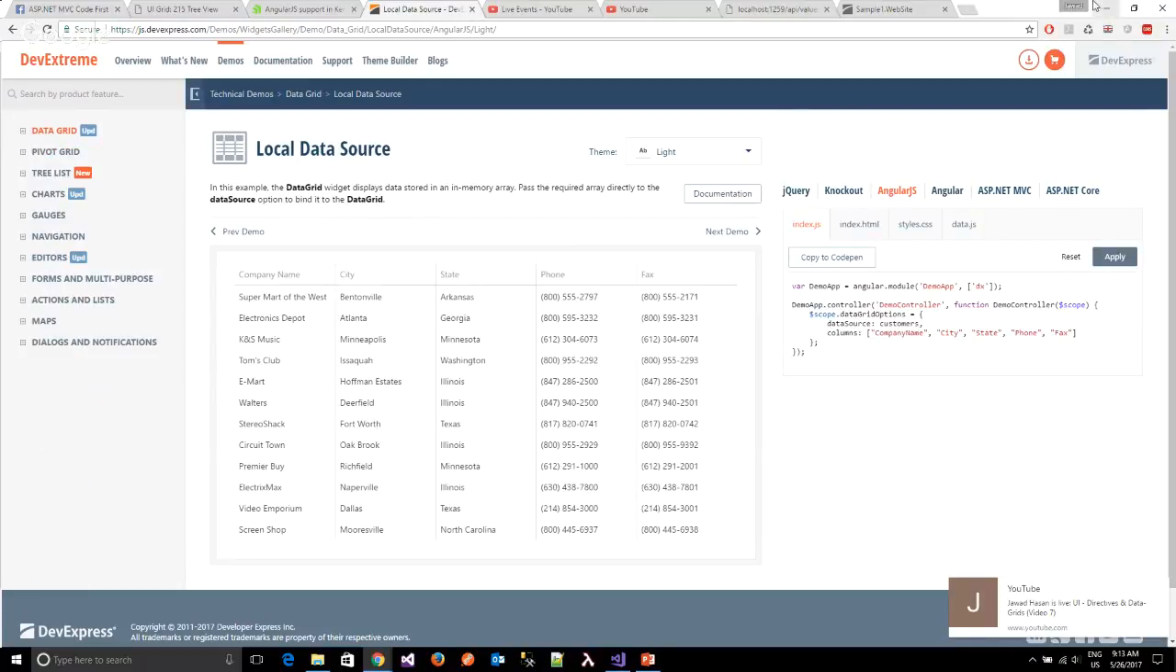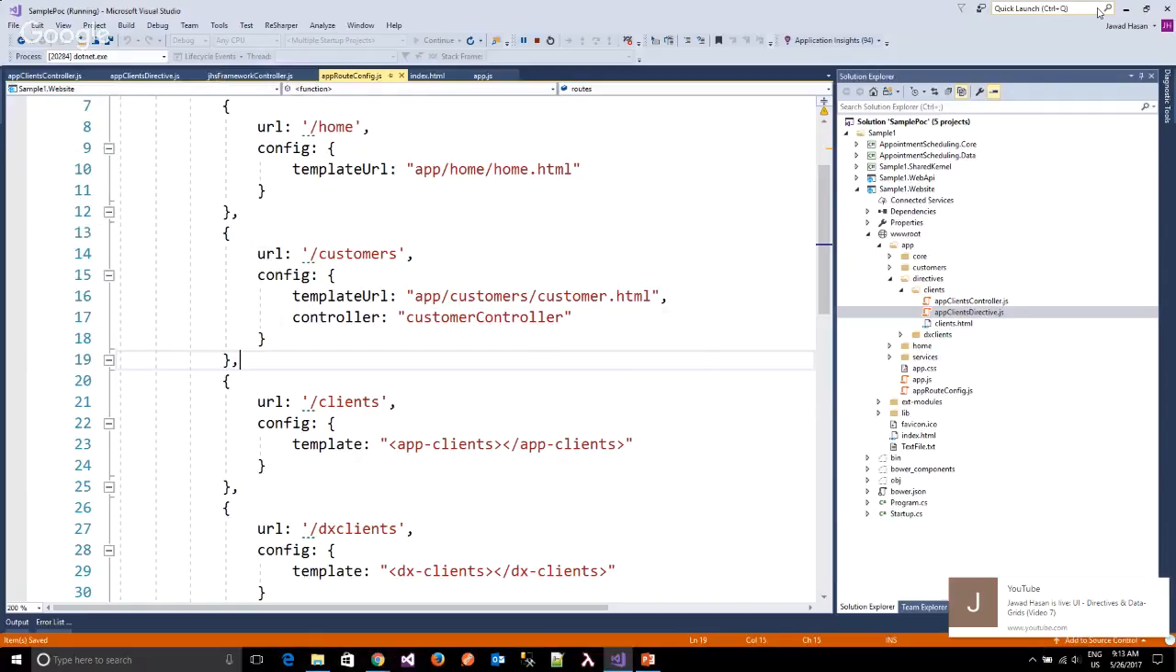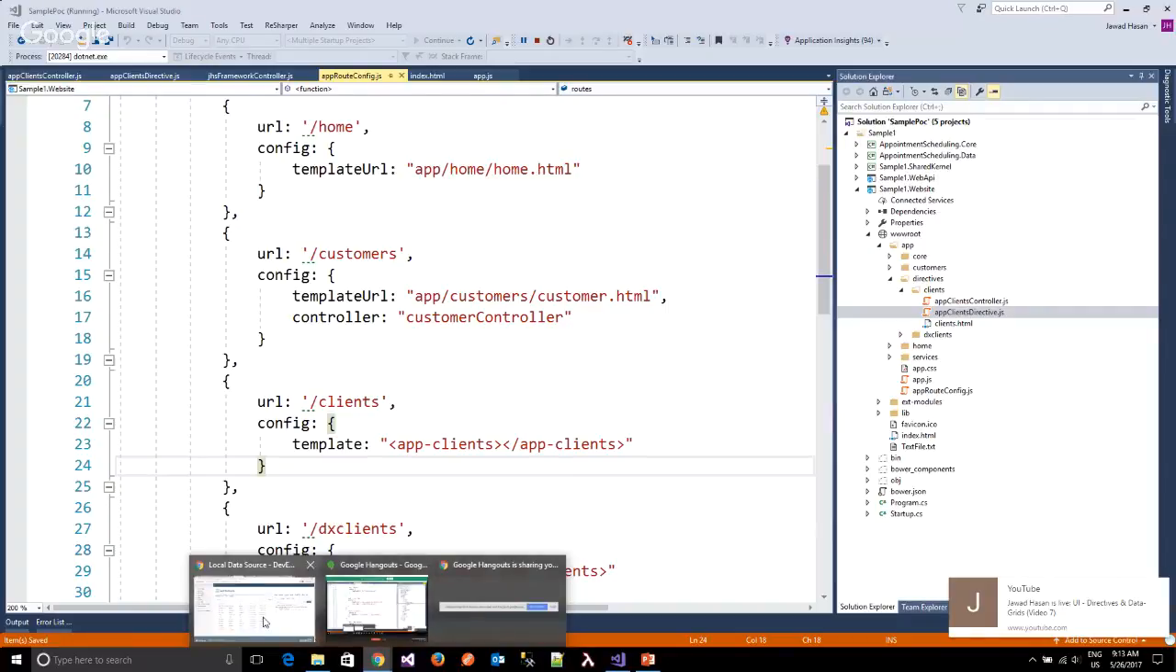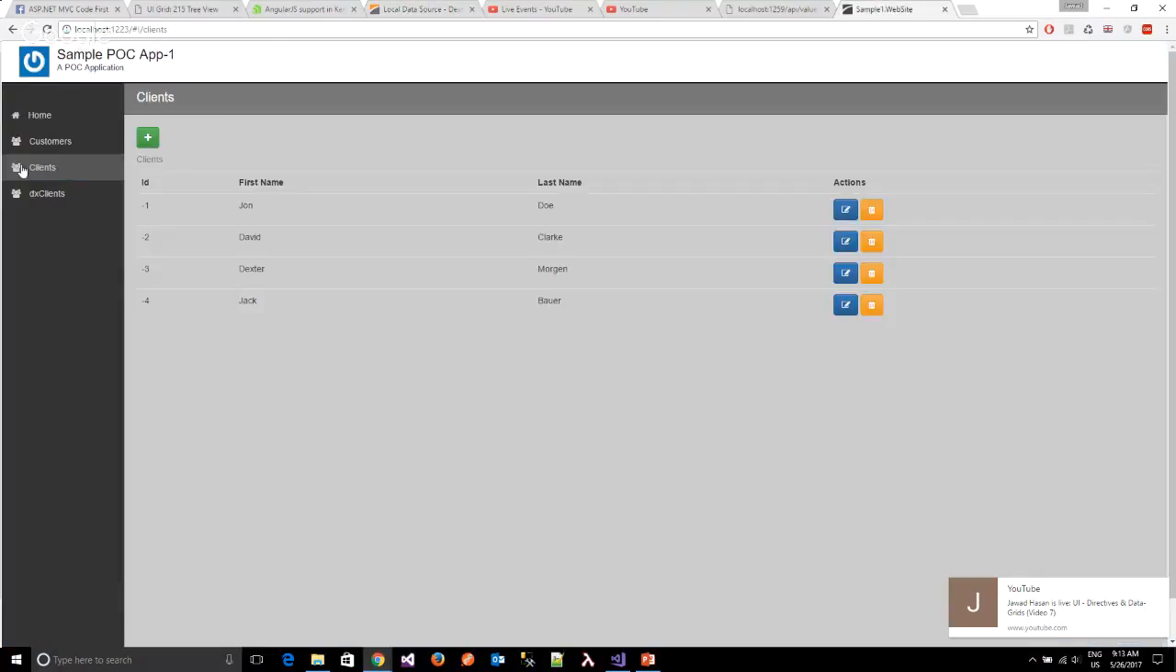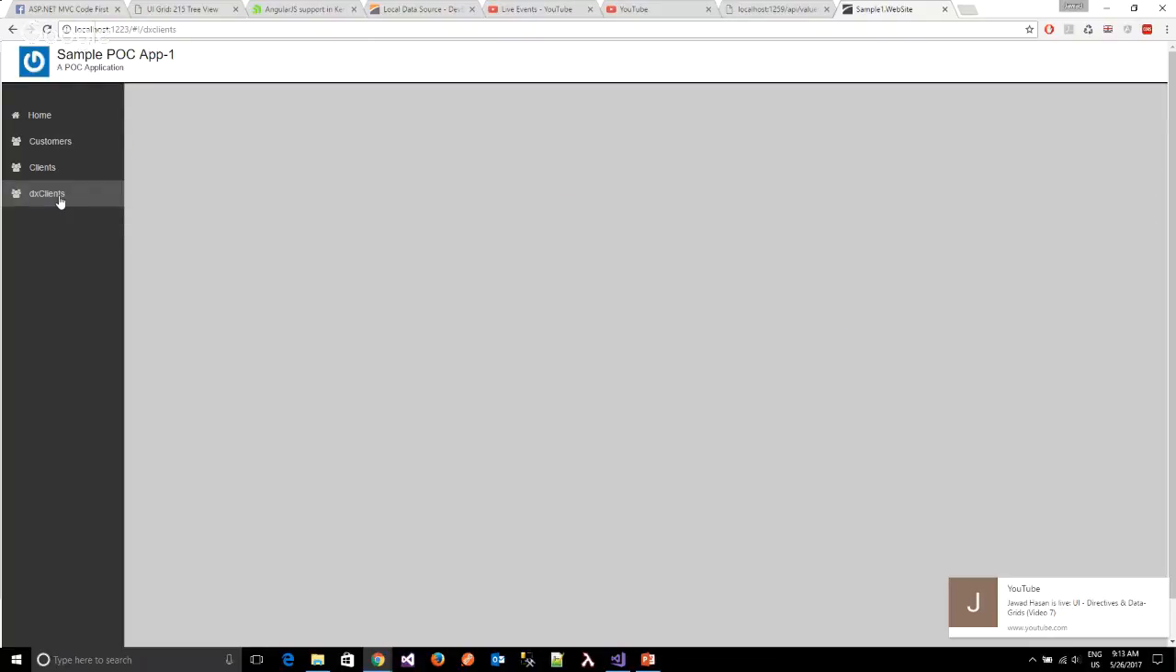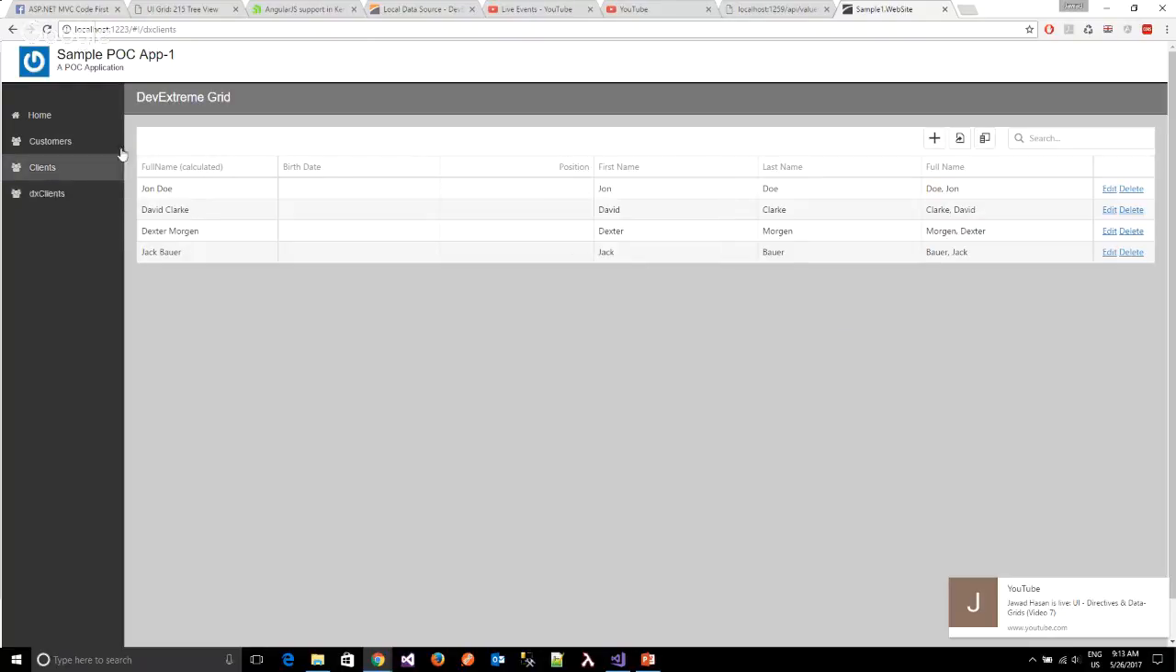So what I did in the third one, and let me show you this one first, so you have an idea how it differs. In the third one, this is using DevExtreme grid, data grid directives. And see, we have here a nice grid available, and all of this functionality, actually, if you see, if I click John Doe,